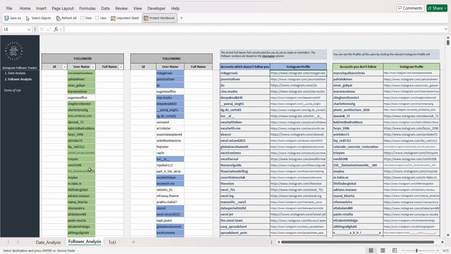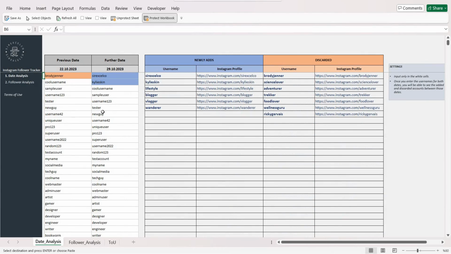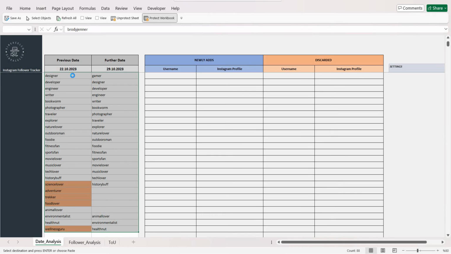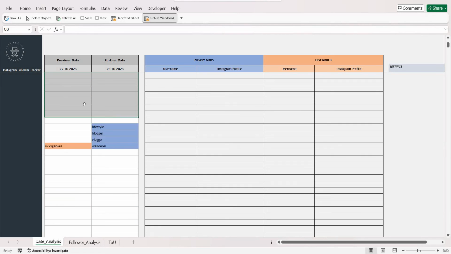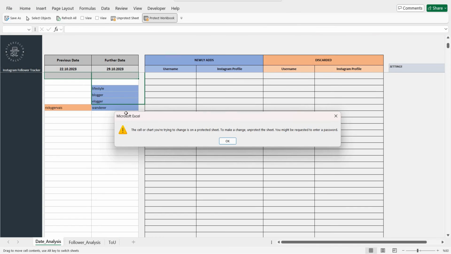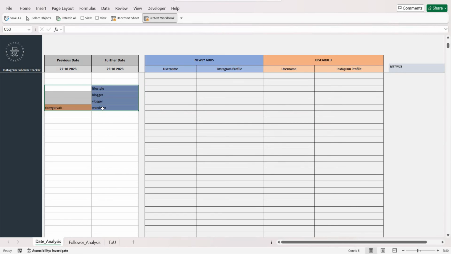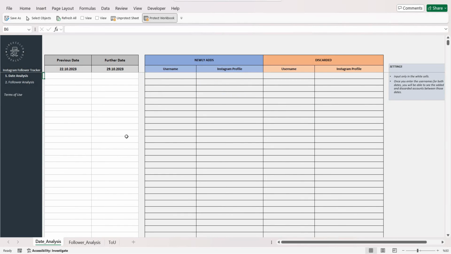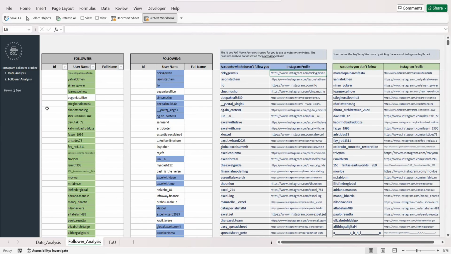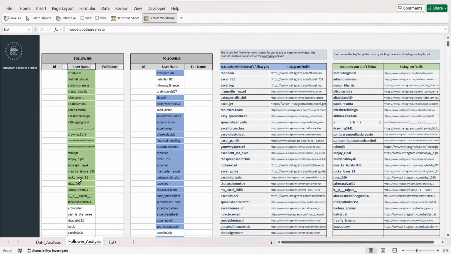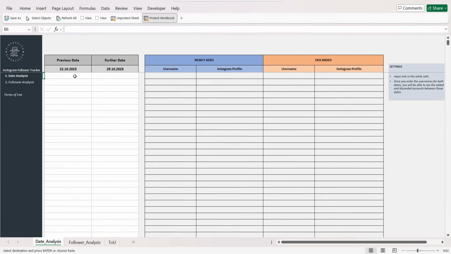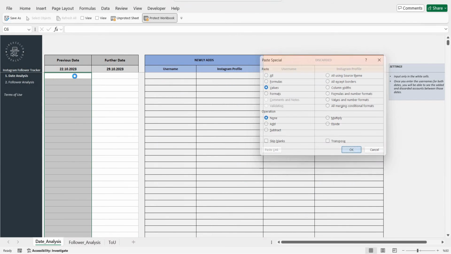In this template there is also an additional feature. With the date analysis, you can track somebody's profile to track who she added or who she discarded. Just delete the dummy data and later on, let's say this section was your boyfriend's or girlfriend's followers